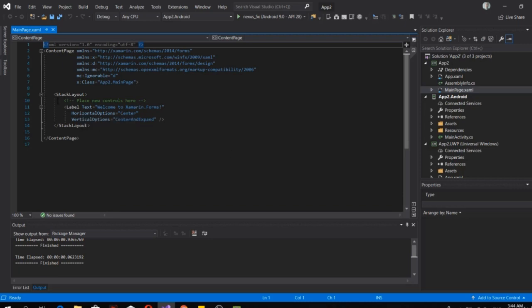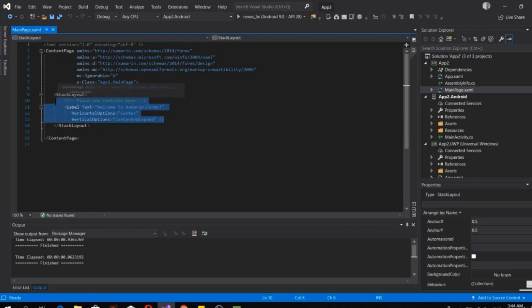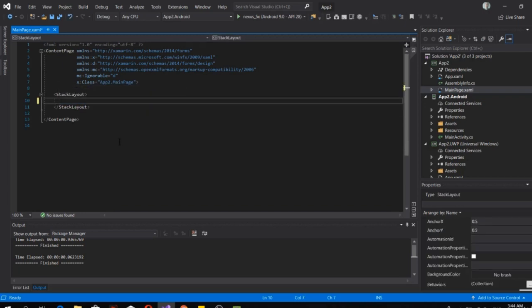Okay, so we have first of all the stack layout. Okay, let's delete all that and let's stack a few things. Let's say what do we have here? Let's do a slider. Why not? One slider,